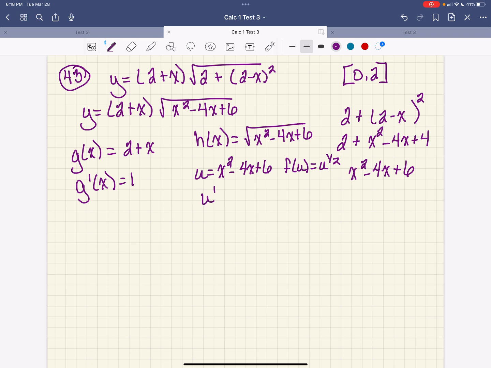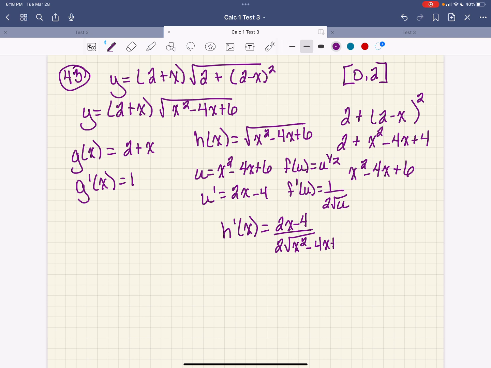So u prime is going to be 2x minus 4, and then f prime of u is going to be 1 over 2 times the square root of u. So then h prime of x is going to be 2x minus 4 over 2 times the square root of x squared